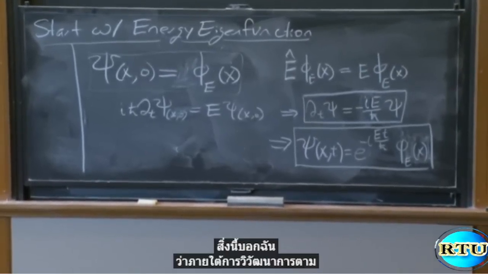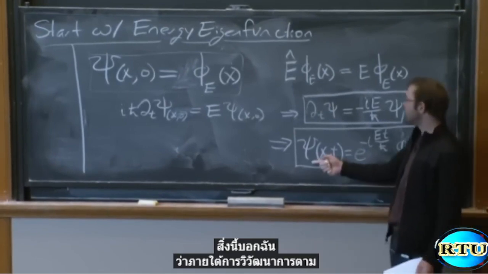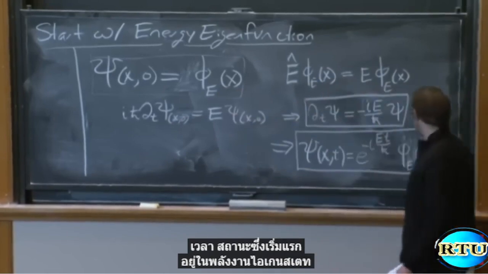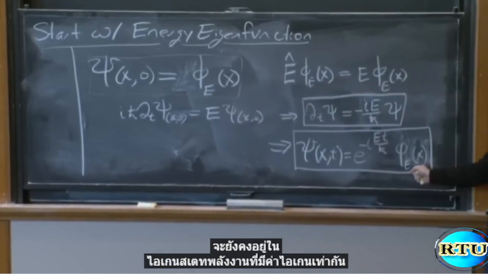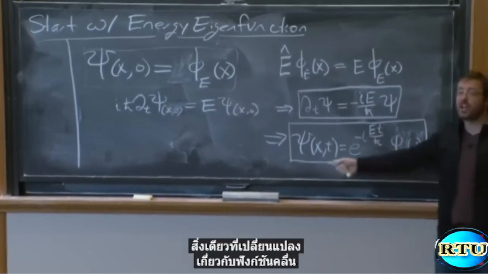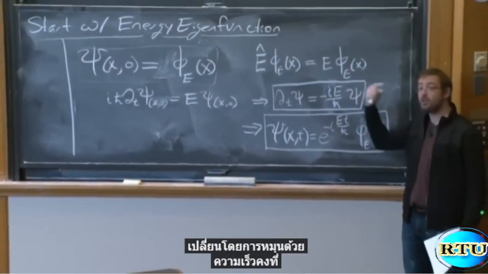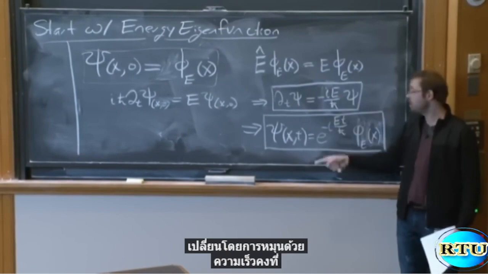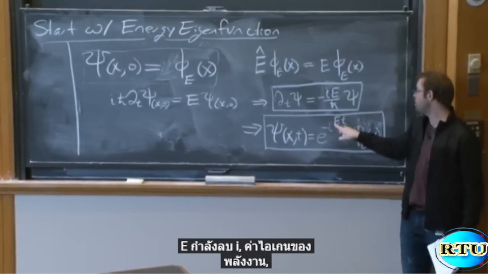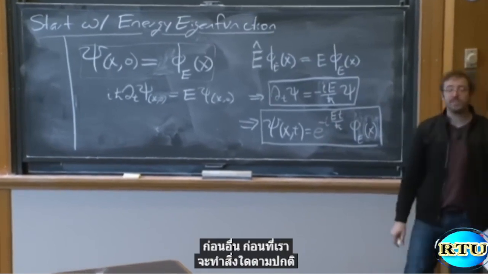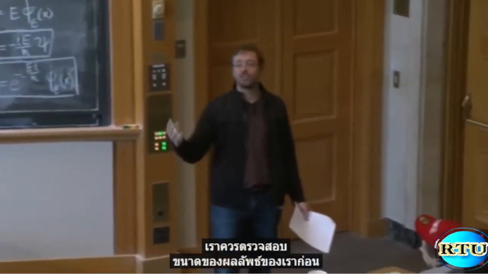So what this tells me is that under time evolution, a state which is initially in an energy eigenstate remains in an energy eigenstate with the same energy eigenvalue. The only thing that changes about the wave function is that its phase changes. And its phase changes by rotating with a constant velocity, e to the minus i, the energy eigenvalue, times time over h bar. Now, first off, before we do anything else, as usual, we should check the dimensions of